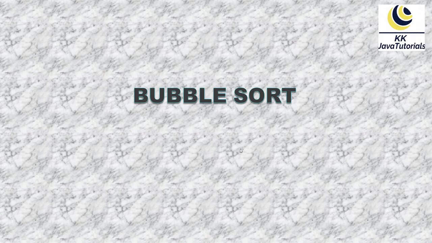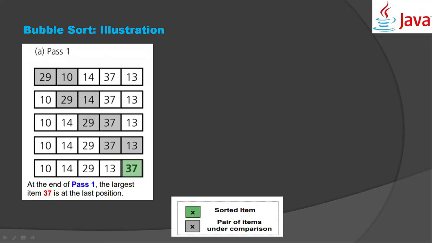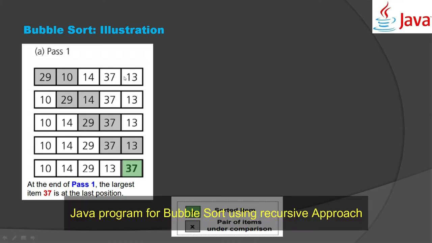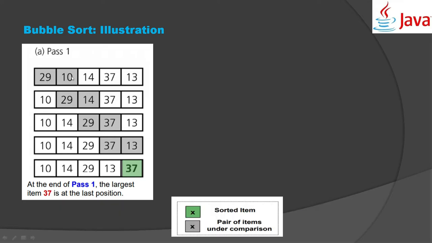So when we talk about bubble sort, how does it basically work? Let's say you have an integer array and you want to sort it using bubble sort. Bubble sort starts by comparing the first two elements, and if these two elements are not in the proper order, meaning the lowest element should be first and then the higher element, then they are swapped. So if you compare 29 and 10, 29 is greater than 10, so you have to do a swap. Here 10 and 29 would be the order.